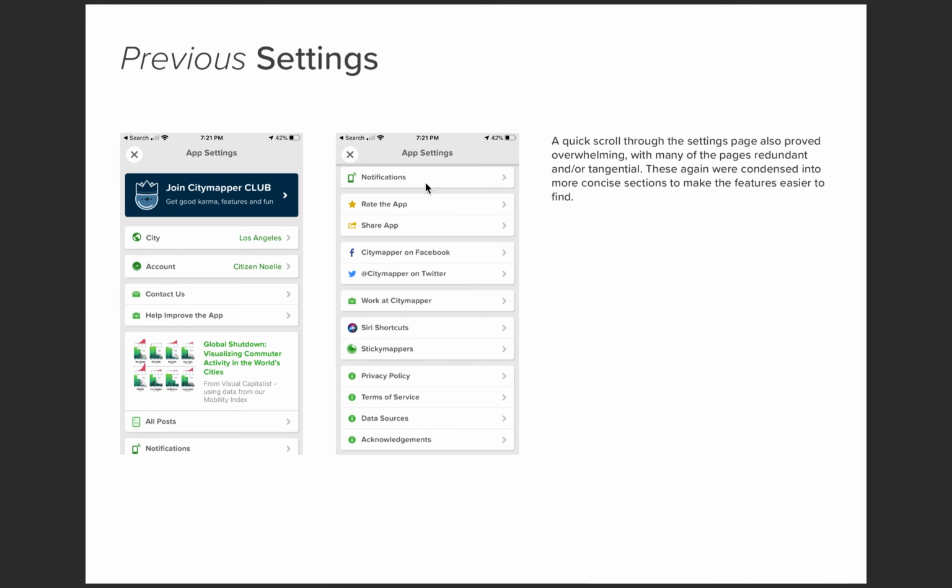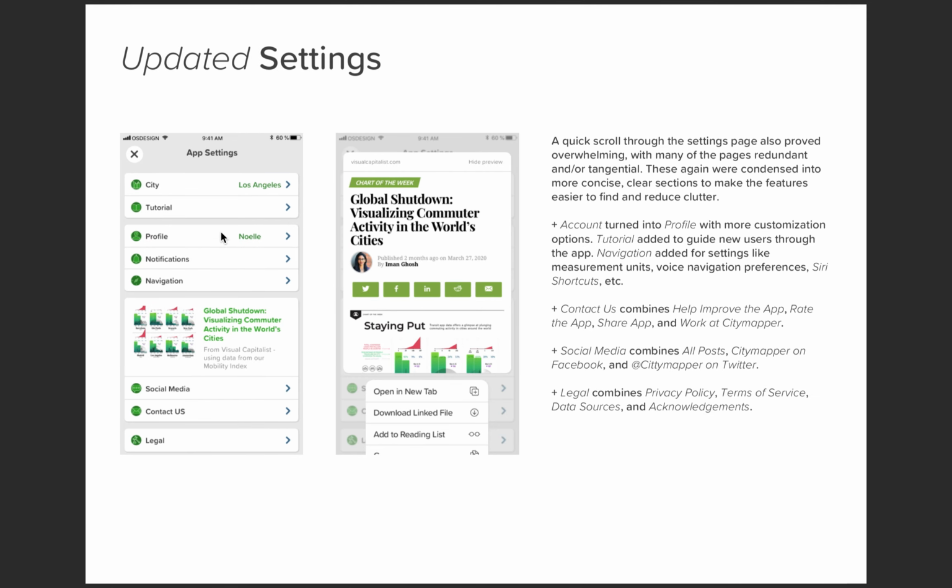As far as settings were, they were just a lot at first, so we had these whole 2 pages of just different things, features and settings, and it wasn't very easy to find anything, and there were just a lot going on here with all these different tabs, so they needed to be more condensed into fewer things so everything would be a little easier to find and less redundant, because a lot of these things are. So I've changed them into now it only takes up 1 page to screenshot the whole thing,